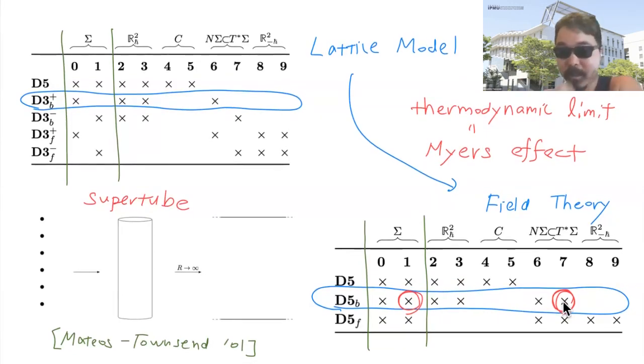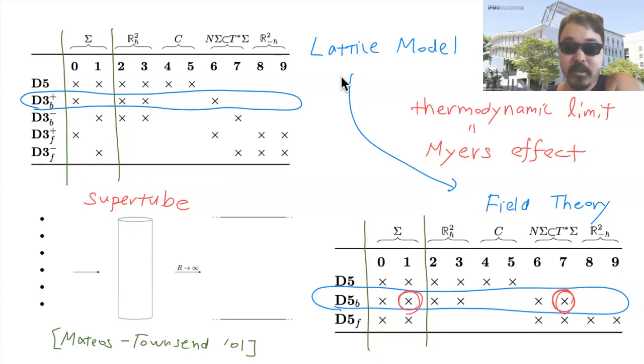And so physically, this can be understood as a version of the Myers effect. You start with the D3 branes, located at a particular point along the direction. So it's discretized, but then we try to make the charge. We have many copies of the D3 branes, and we have the charge, and it grows up into a supertube. In the limit where the charges go to infinity, the supertube decompactifies, and then you get the D5 brane here. So this gives another intuitive picture for how the discretization procedure, and also the opposite, the limit, happens.